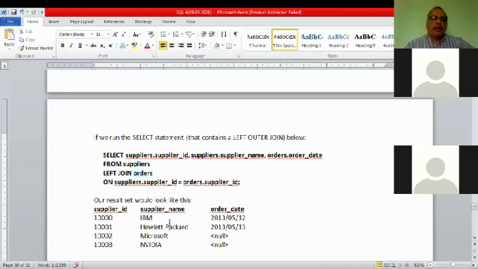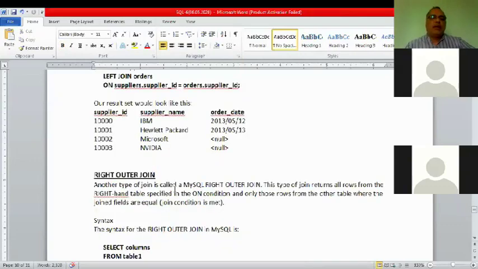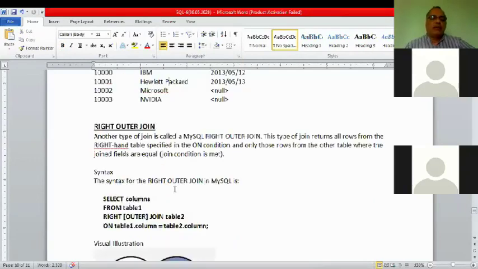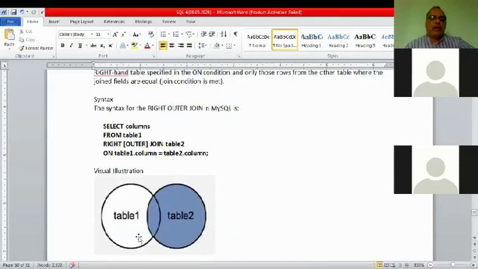Now see the next one, which is just the reverse of left outer: right outer. See the figure. All the values of the right table along with the common values of table 1 will be coming as output.